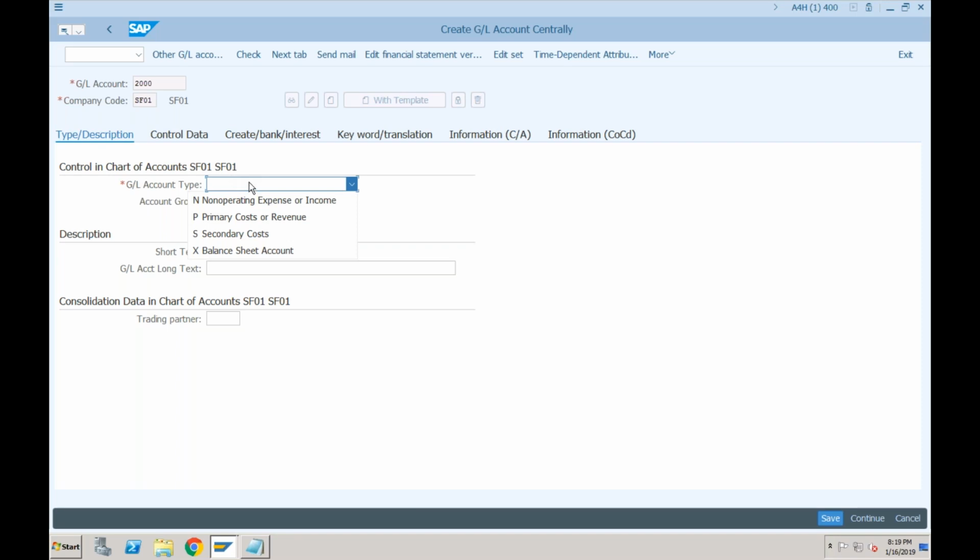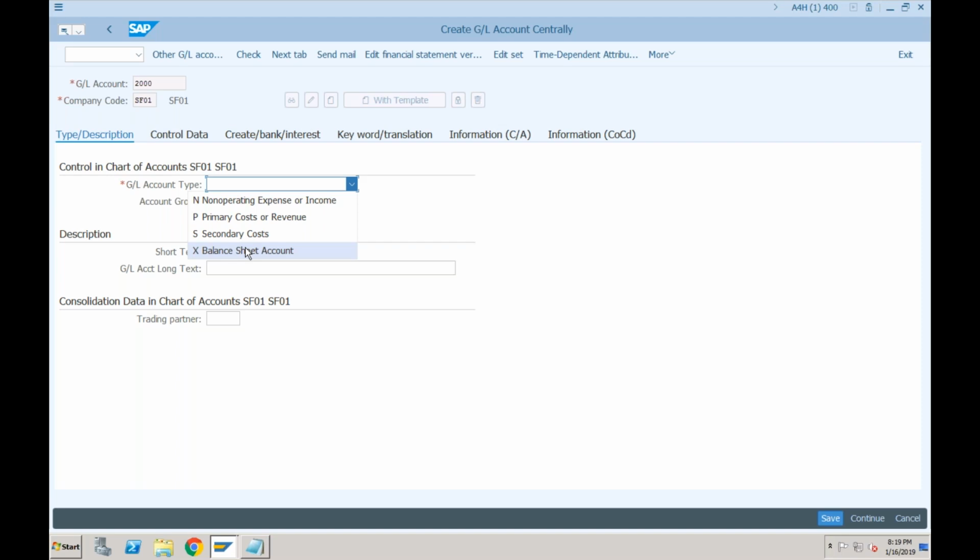Okay, so the first one is non-operating expenses or income. Let's read out all 4 and then I'll tell you the difference. Second one is primary cost or revenue. Third one is secondary cost, and fourth one is balance sheet account. So in short, whenever you are creating any new GL for a balance sheet account, we will always use this balance sheet account.